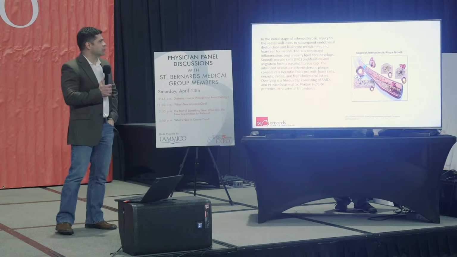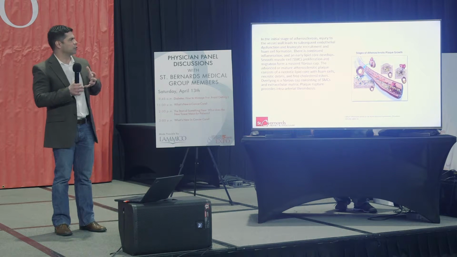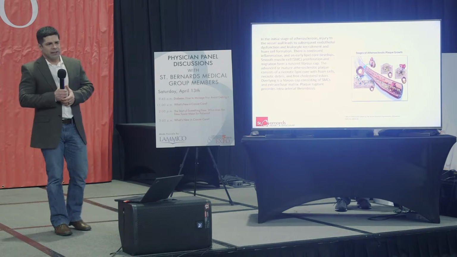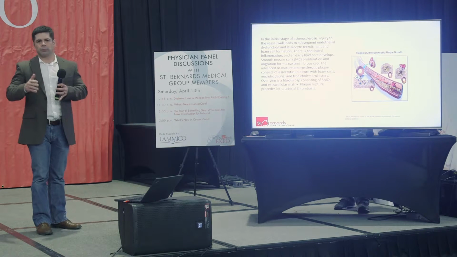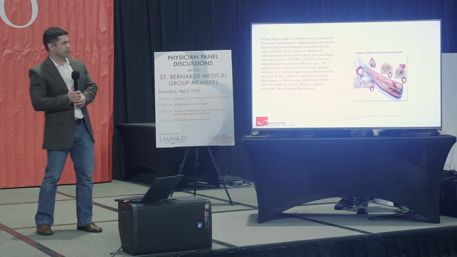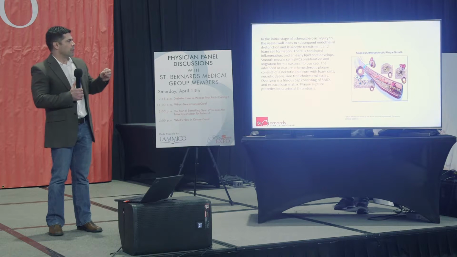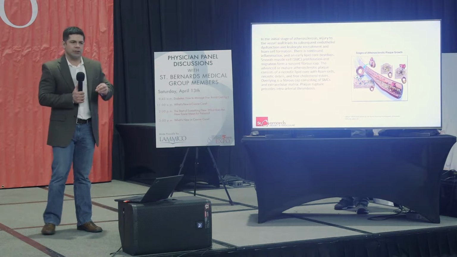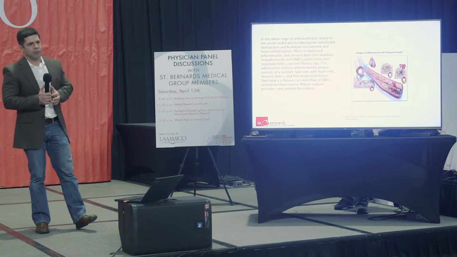So how does this happen? How do the arteries block? The initial stage of atherosclerosis is an injury to the vessel wall. This injury is not from trauma, it's not from hitting it. The injury occurs from inflammatory cells that are hanging in the bloodstream. These inflammatory cells adhere to the vessel wall and make that vessel wall more prone to capture cholesterol.